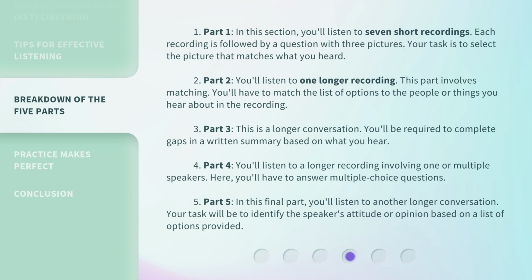1. Part 1. In this section, you'll listen to 7 short recordings. Each recording is followed by a question with 3 pictures. Your task is to select the picture that matches what you heard. 2. Part 2. You'll listen to 1 longer recording. This part involves matching. You'll have to match the list of options to the people or things you hear about